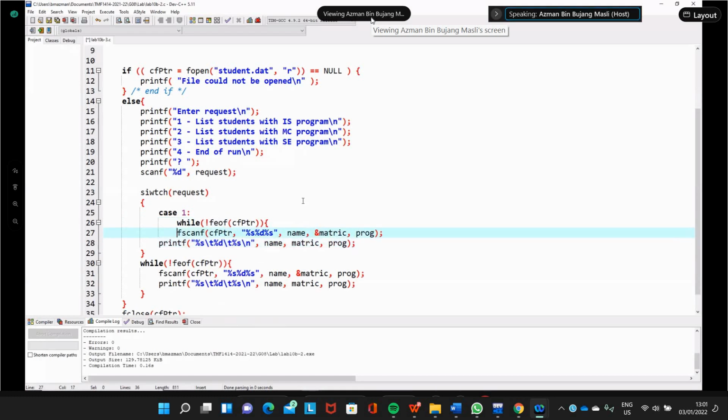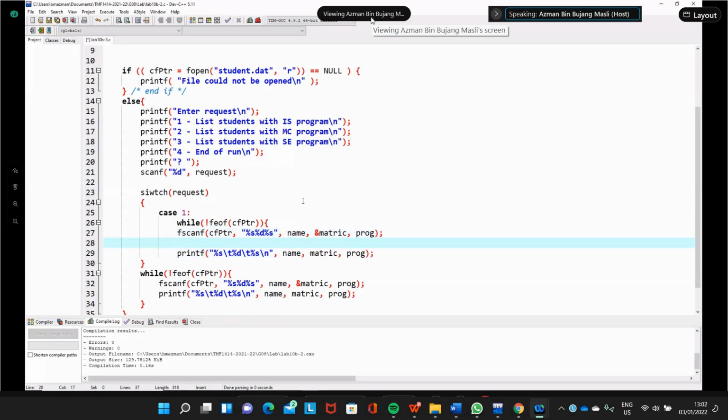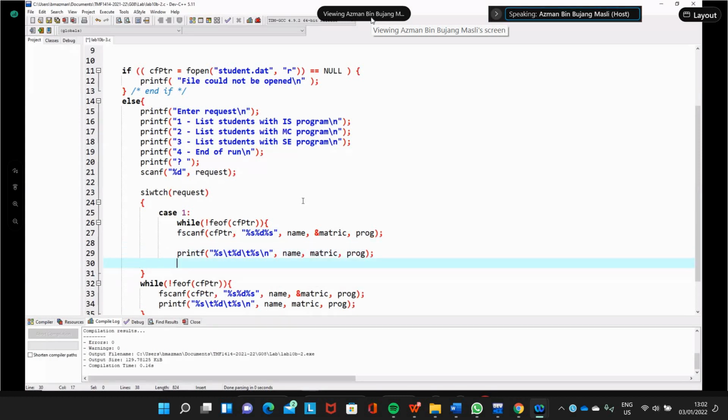Before we print the student name on the screen, we need to check. This is a while loop. We need to check whether the program is actually MC or not.